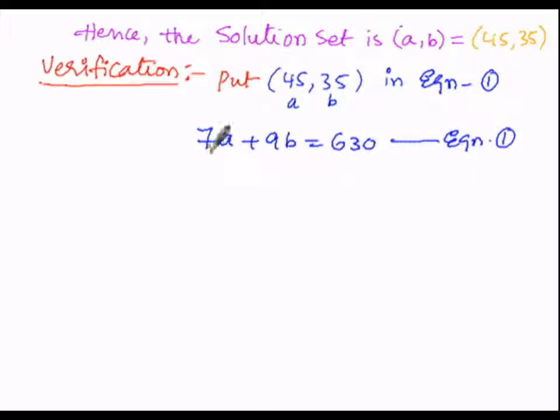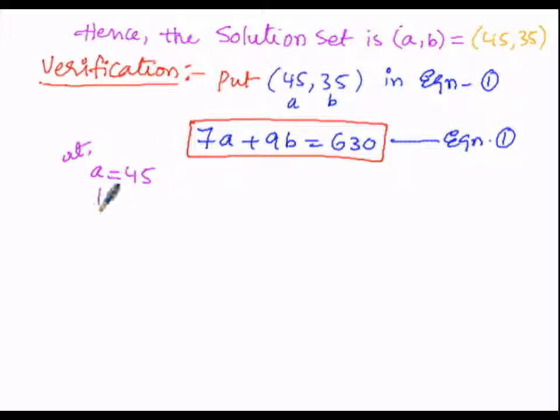So in this equation I am going to substitute the values of A as 45 and B as 35 in equation number 1. Then the next logical step will be 7 into A, which is 45, plus 9 into B, which is 35, equals 630. So that implies